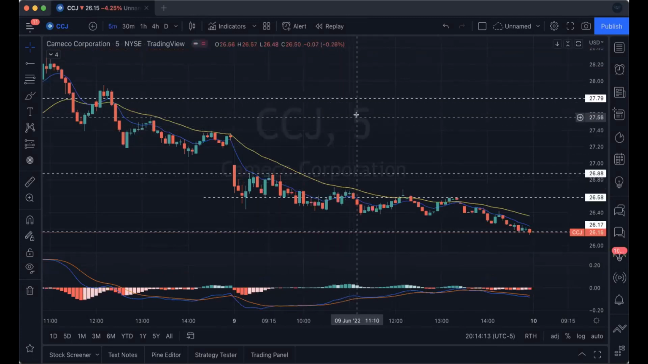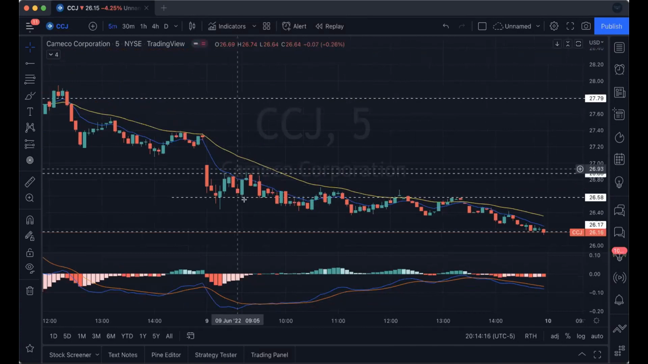No, so this was within range. Actually, it wasn't really consolidating. So you're just bouncing within range. But